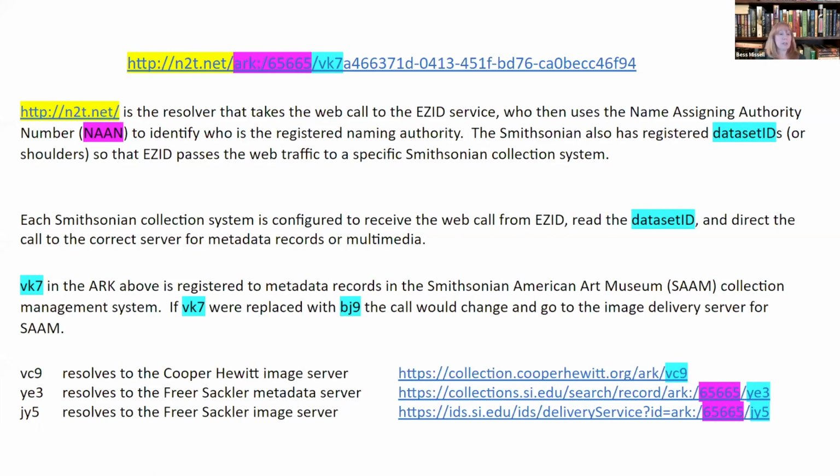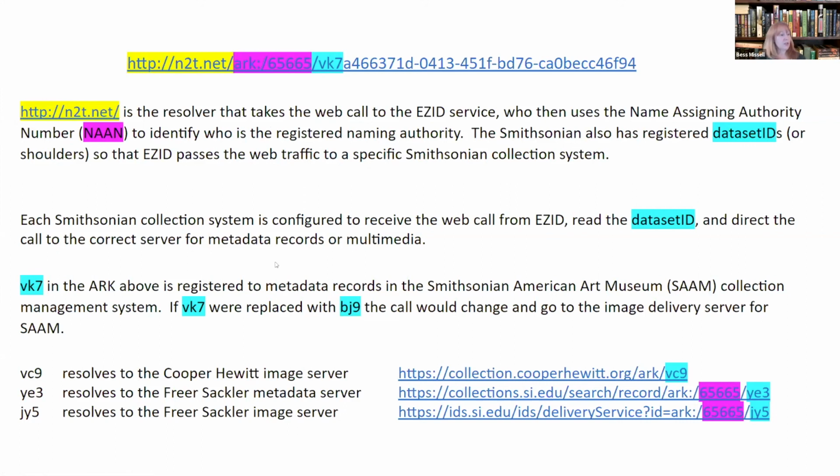And we have done dataset IDs for every collection management system at the Smithsonian. And each system is actually getting 2. One is for metadata records and one is for multimedia records. And that's because they often resolve to different servers. So we have a specific URL that's registered with the dataset.